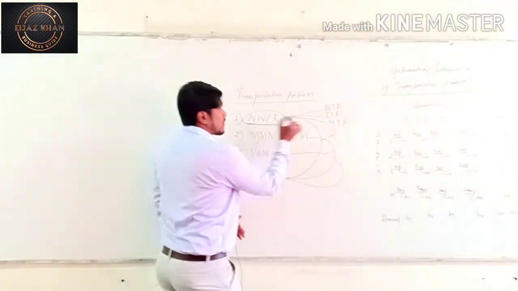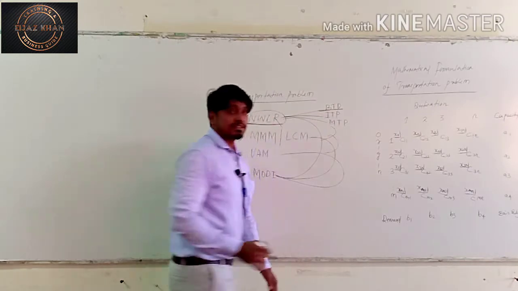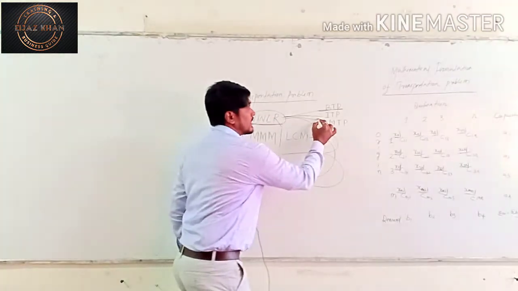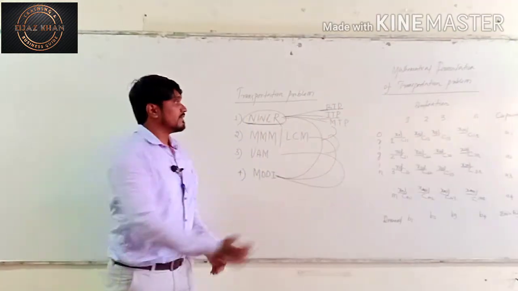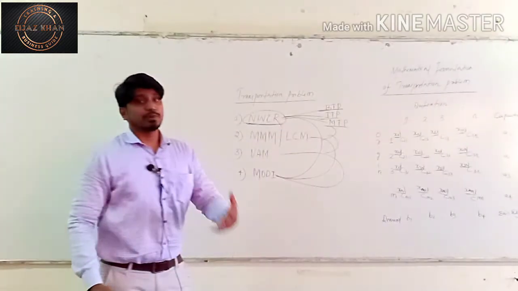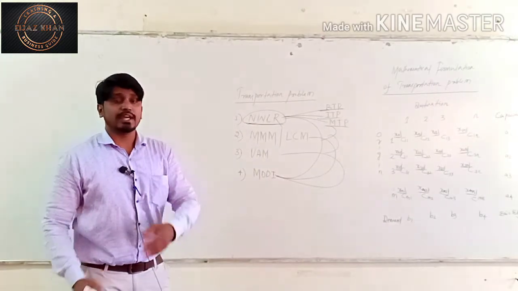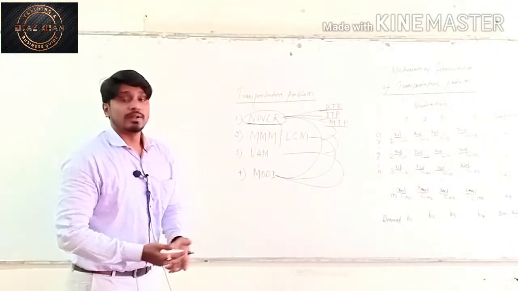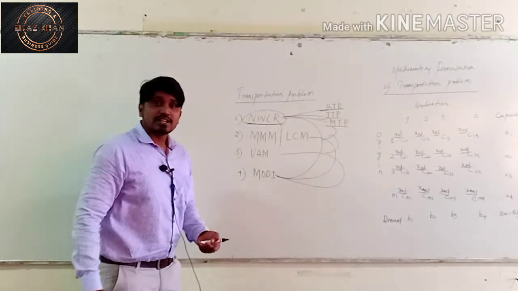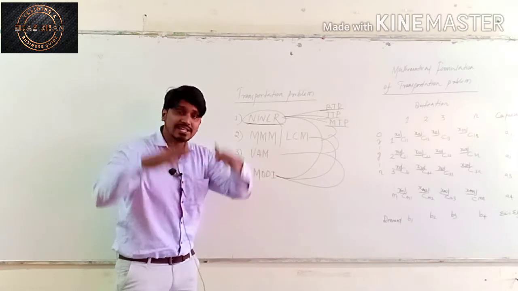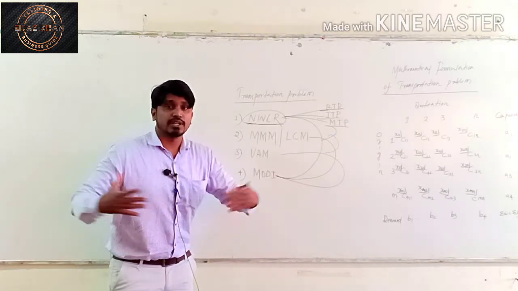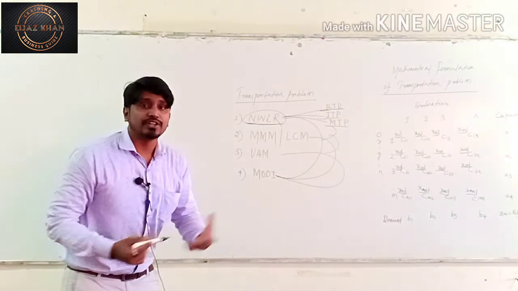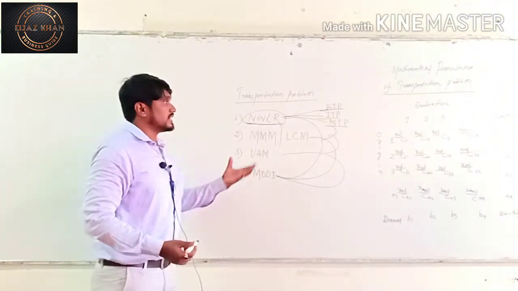Under this northwest corner method, first I will solve the balanced transportation problem, then the imbalanced or unbalanced transportation problem, then maximization of the transportation problem. So these are three different types of transportation problem you may be asked in your examination or in your business. You may apply this concept to minimize the transportation cost so that you maximize the profit of the organization. This is the intention behind